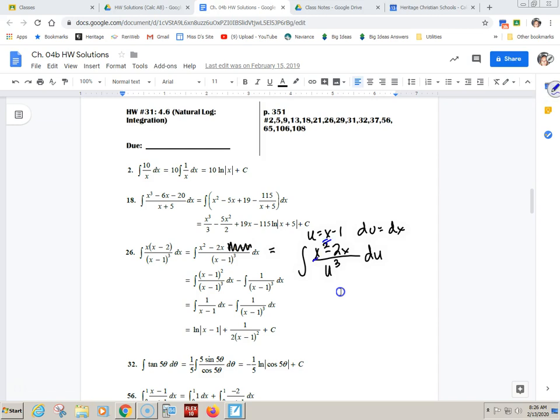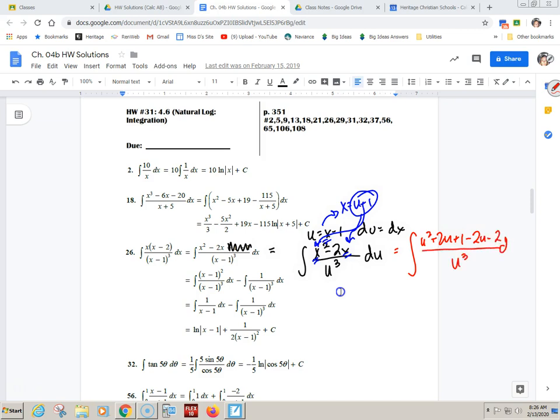Because I have an x, let's get rid of that x by figuring out that x is u plus 1. Then we go plug it in. So we end up with, hopefully, the integral of u plus 1 quantity squared, which is u squared plus 2u plus 1, minus 2 times u minus 2 times 1,